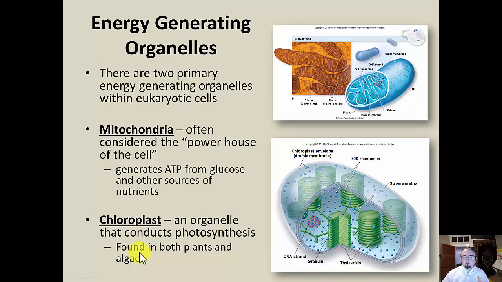Remember, I compared those two together back in chapter 1. Don't really want to say too much more, but just recognize that these are the two energy generating organelles. Mitochondria makes ATP from glucose. Chloroplast generates energy through photosynthesis, which, if you're not familiar with that, is where light, water, and CO2 generate glucose. And that's actually how glucose is formed on Earth. So, okay, moving on here.